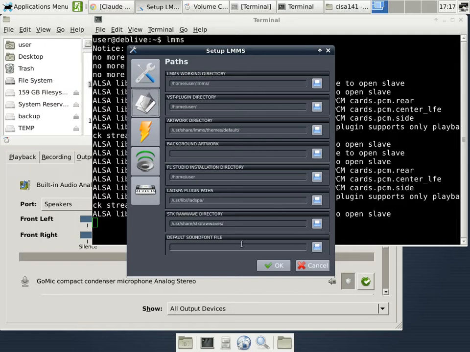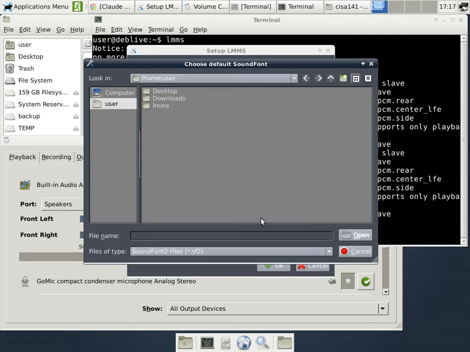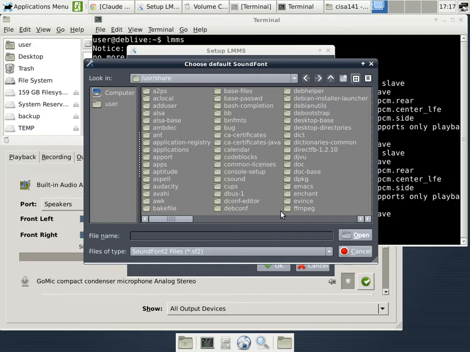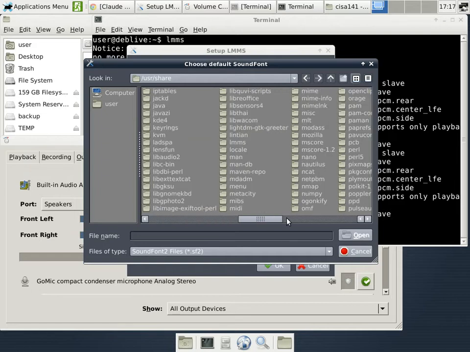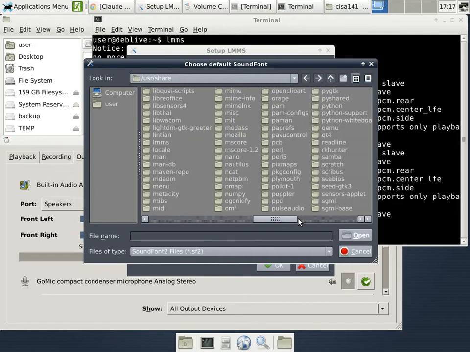The one part that is really important is to set up the default sound font file, because otherwise, LMMS will have problems finding the right file. So for this, you have to go all the way up to computer. You see the little slash here. Double click the slash, and then go to USR. Double click USR for user, and then go to share, double click that, and then you have to go look for sound fonts. I think it is